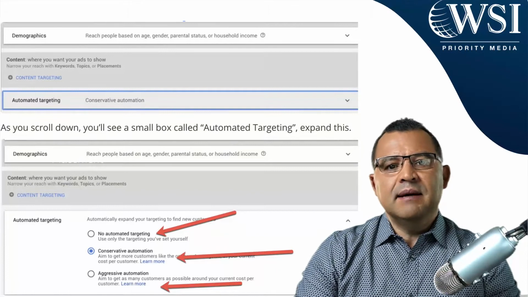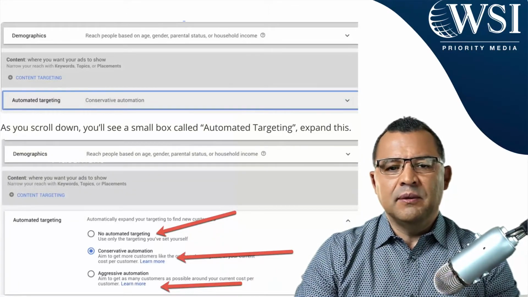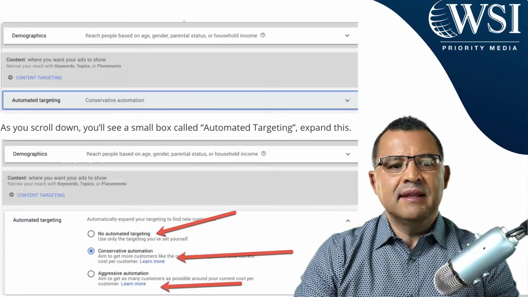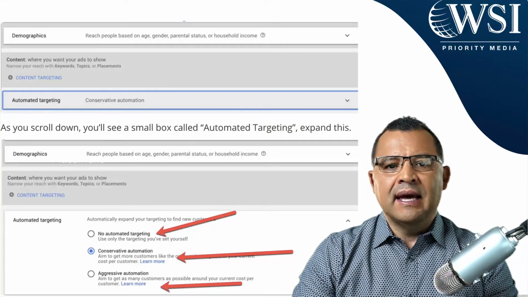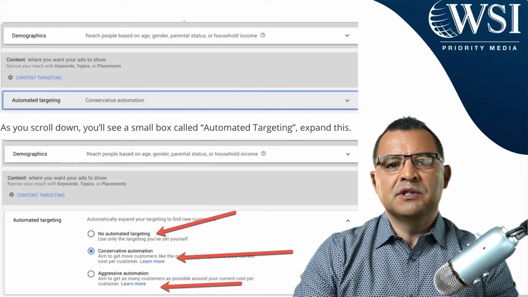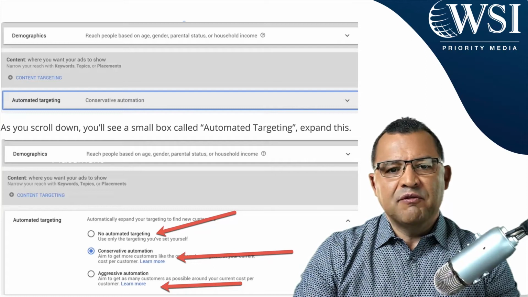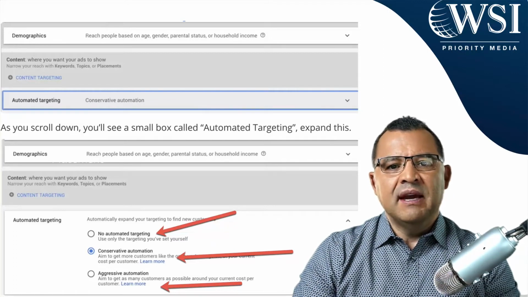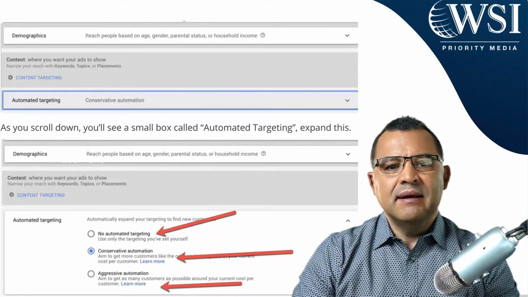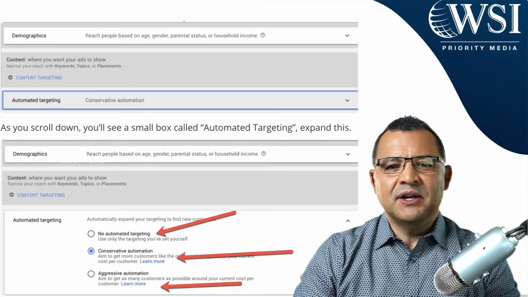So in summary, the automated targeting setting in Google Ads is a really nice tool and it can really help you with your reach. But the big thing to remember is just to watch it really carefully, watch your data, and consider testing your keywords with your targeting and see that if the campaign is performing well or the ad group is performing well, then you make your adjustments. And the bottom line is placing your ads in front of the right people is going to get you the best results. And so those are my automated targeting Google Ads tips.